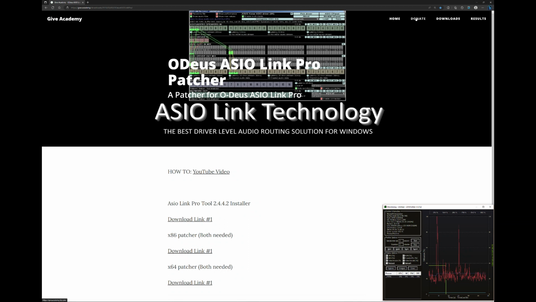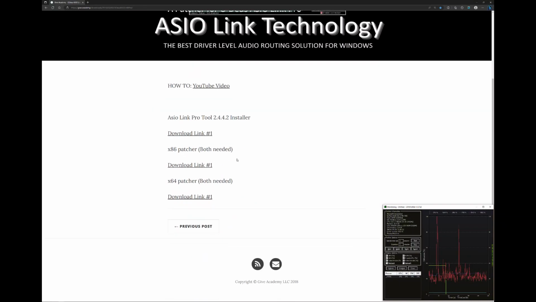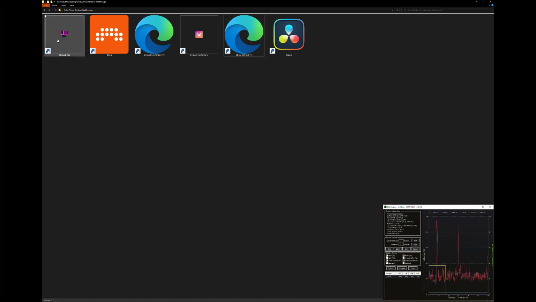I'm going to assume you've got the renderer installed, you've got the ASIOLink Pro installed, and you should somewhere have an icon for ASIOLink Pro and an icon for the Dolby Atmos renderer. Open up the Dolby Atmos renderer, and if you set the device for it to use to ASIOLink,